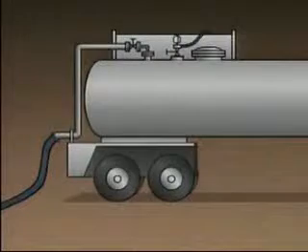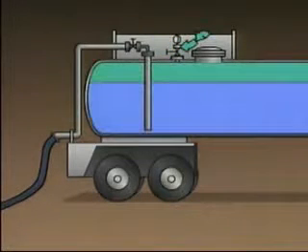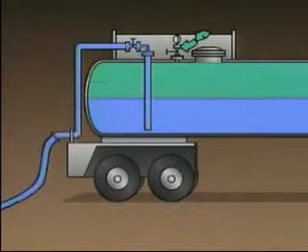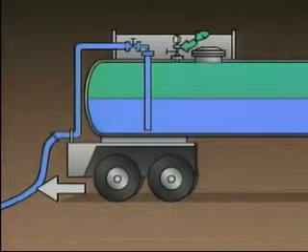The procedures for unloading liquid from tank trucks vary depending on the type of tank truck and the type of liquid. One method involves pressurizing the tank with a compressed gas, such as air or nitrogen, to force the liquid out. For example, in the arrangement represented here, compressed air is admitted to a tank through a hose that's connected to a vapor valve on top of the tank. As the compressed air enters the tank, it forces the liquid out of the tank through a product line. A hose that's connected to the product line carries the liquid from the tank to storage.